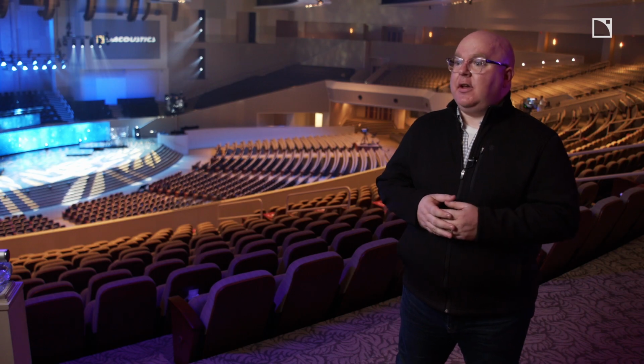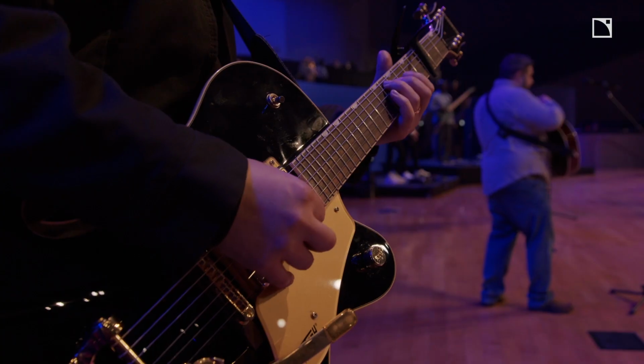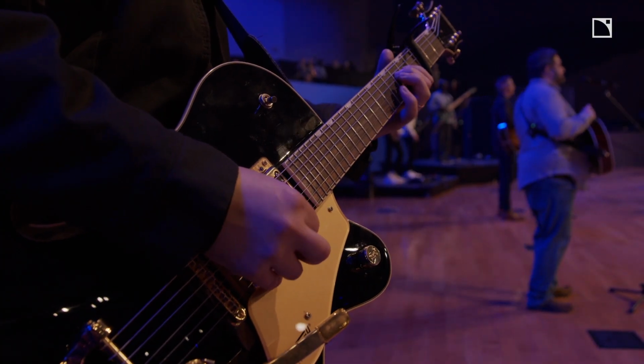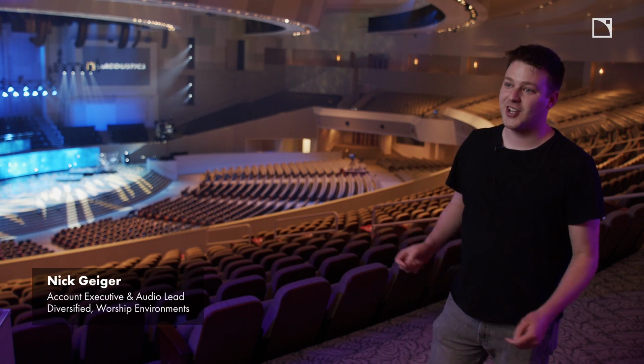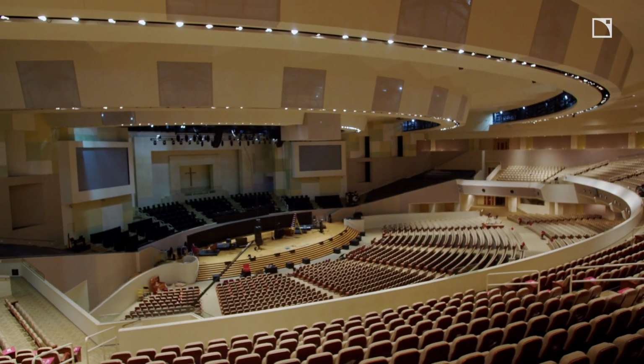Diversified is at the forefront of designing and implementing immersive loudspeaker systems in churches all over North America. The church has a very vibrant orchestra and choir-driven service, as well as a more rock and roll-driven service. So the two services are a reflection of the heritage of First Baptist Church of Woodstock. And we were asked to help them reimagine a 7,200-seat venue that would feel equally intentional for both of those